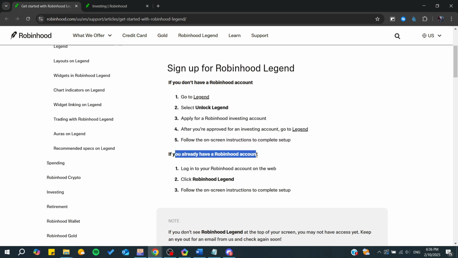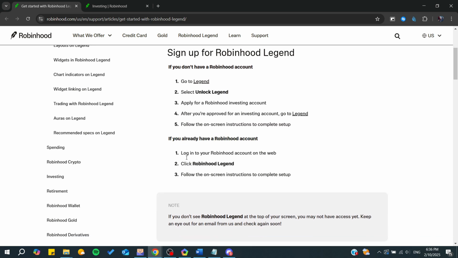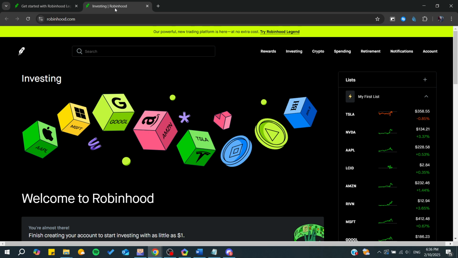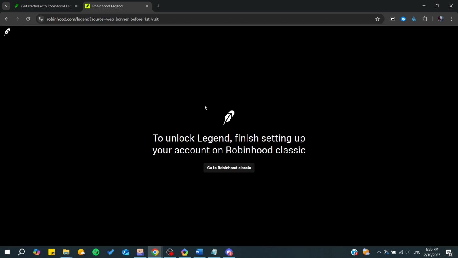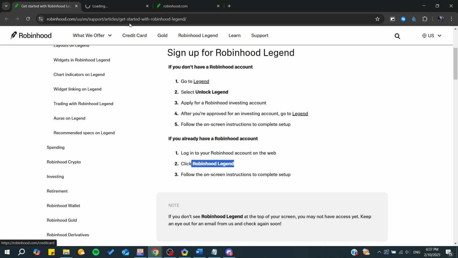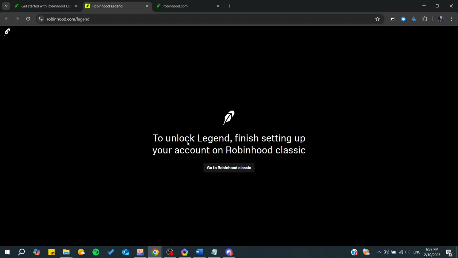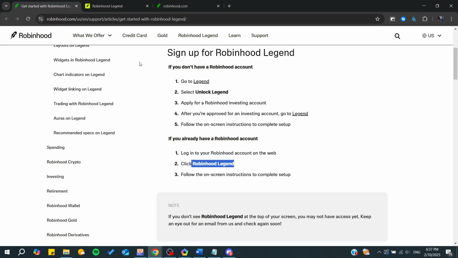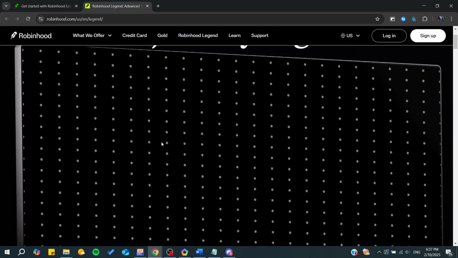Otherwise, if you already have a Robinhood account, you will need just to go to the Robinhood Legend. As you can see, this will be your homepage. And basically, you can just click on Try Robinhood Legend. So I'm just going to click on it and let's go to the Robinhood Legend here, and they will take us to it. And simply you will find the Robinhood view and basically it will be something similar to